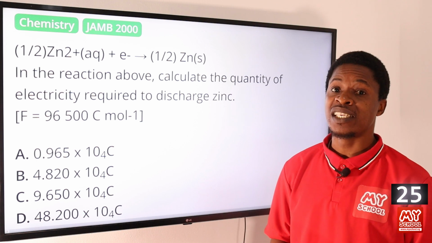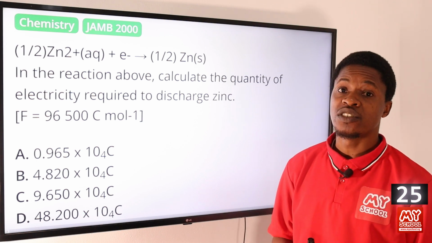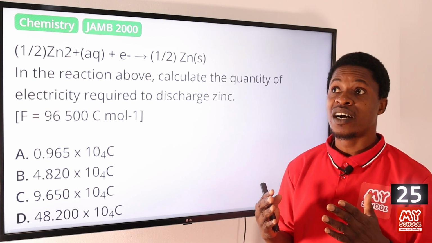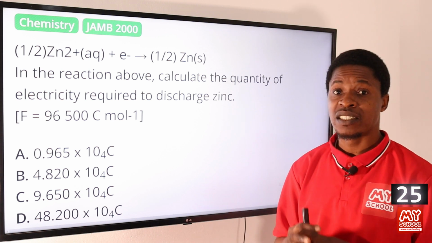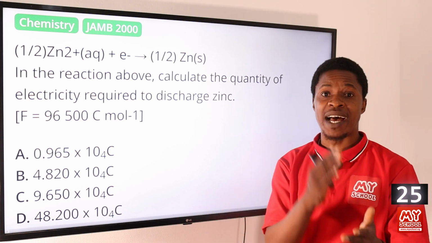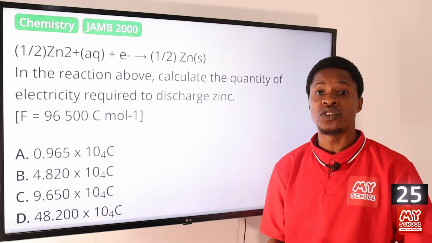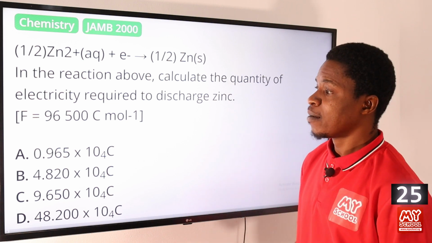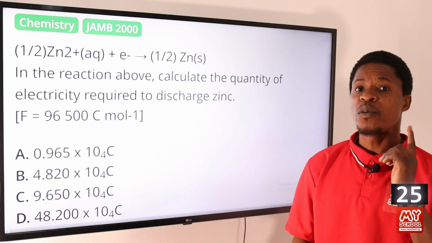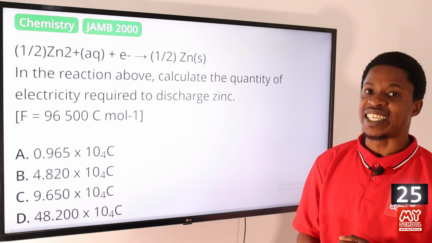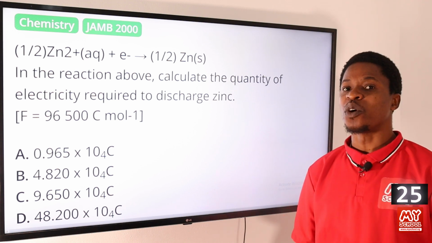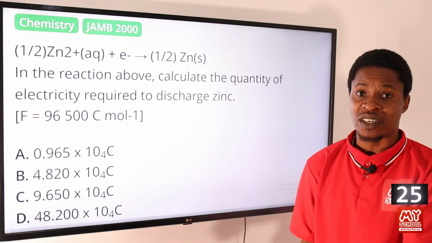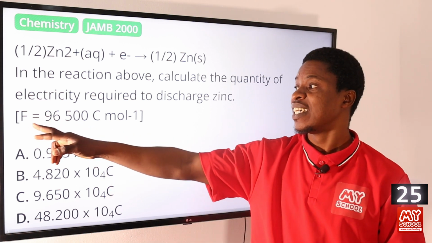There's a relationship between the mass of the substance and the quantity of electricity, because that is what Faraday's first law of electrolysis states: the mass of the substance is directly proportional to the quantity of electricity or current passing through at that particular point in time. But bear in mind that 1 Faraday, 1 mole, the number of moles is always equal to the number of electrons, equal to the number of Faraday, okay? And we're told that 1 Faraday is